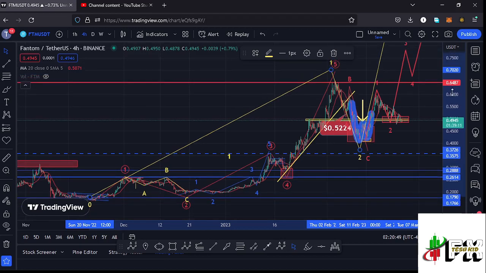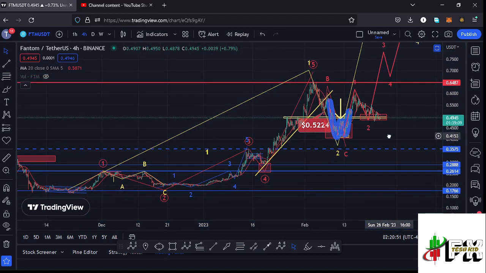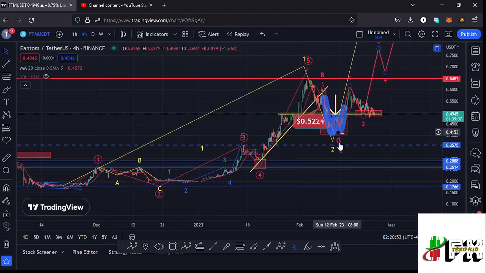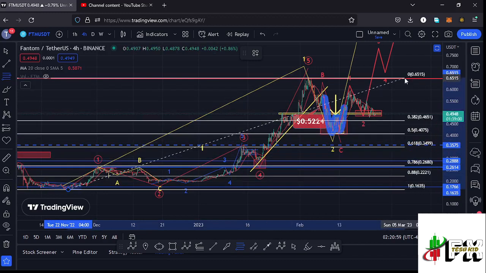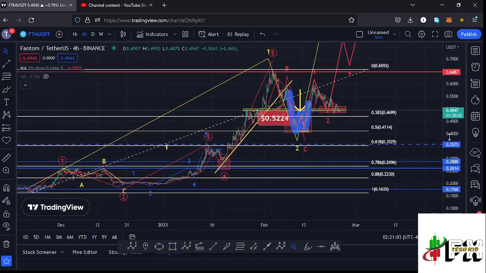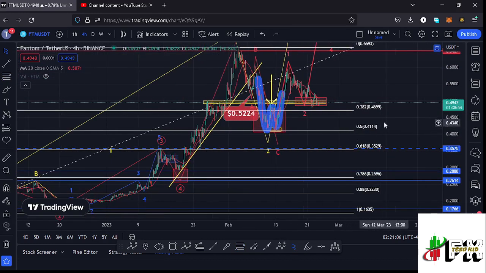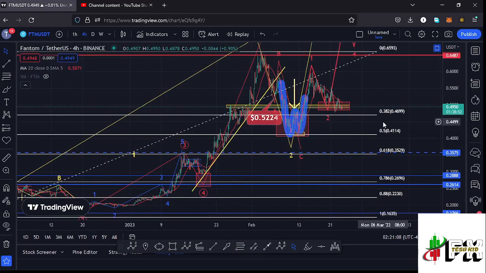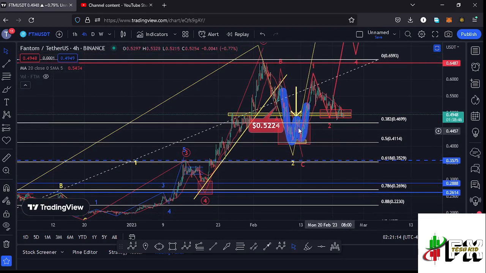And after seeing the formation of a larger Elliott wave contour, whatever we expected next is that corrective structure in the formation of that wave 2. Using the Fibonacci connecting them from the low of the first wave to the high of that wave 1, that gave me a minimum retracement area in the formation of that wave 2 between the fib level 0.382 and the fib level 0.5, which is a target area that lies between the $0.4699 mark and the $0.4114 mark, which is a target area that we fully maximized, and we made our low at